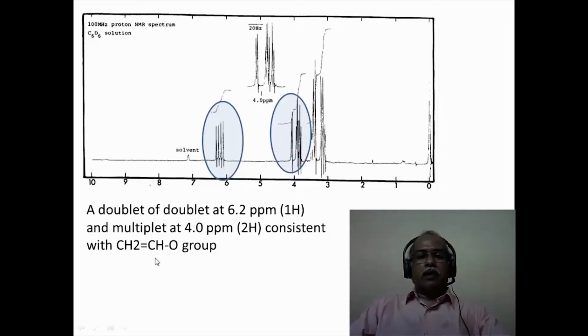In fact, if you look at the integration, this corresponds to a 1:2 integration in terms of the integral ratio of this compound. And then again you have a 2:2 in terms of the integration of this multiplet. So the vinyl group, the CH hydrogen, comes in this region corresponding to the one integration that is shown here. The CH2 comes in this particular region at a lower region of 4 ppm corresponding to 2 hydrogen intensity.